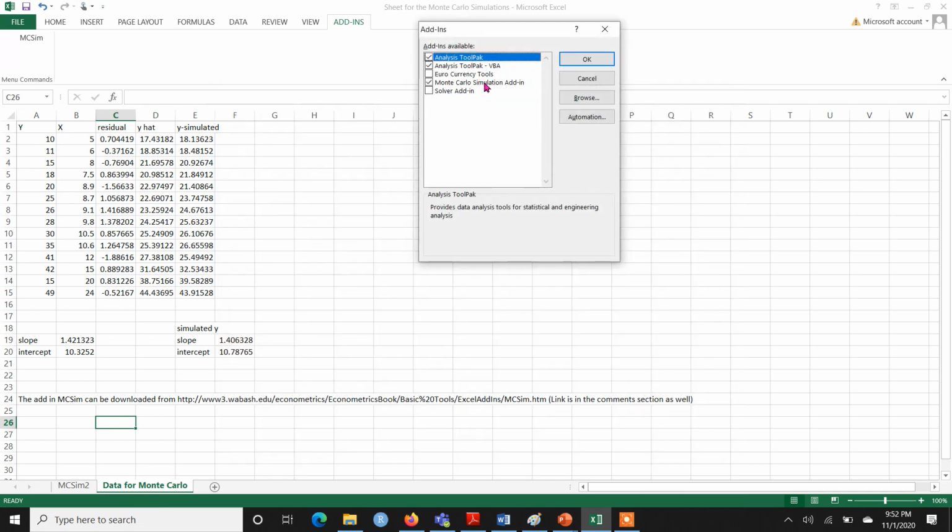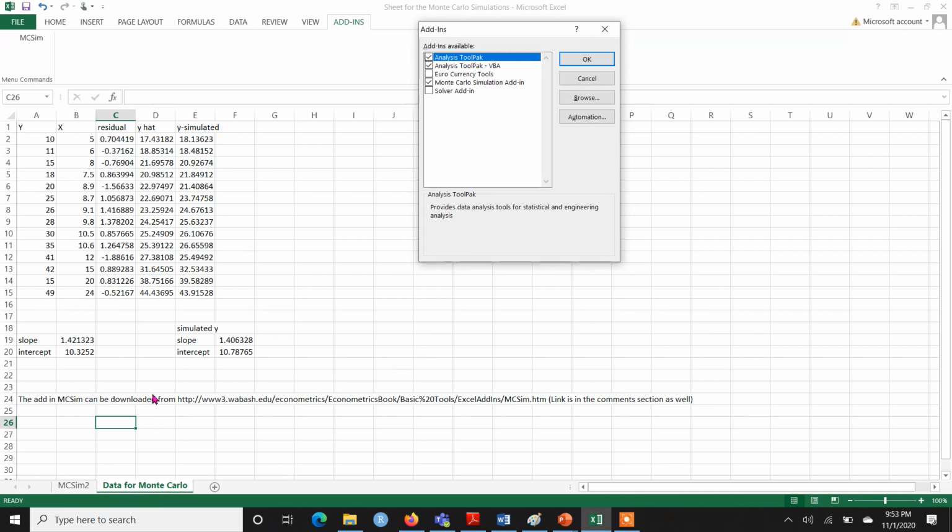If you have downloaded the MCSim add-in, you will see this option here, Monte Carlo simulation add-in. But remember that for this you have to go to this website or this URL that you can see here at the bottom of this Excel sheet, which will be posted in the comment section.